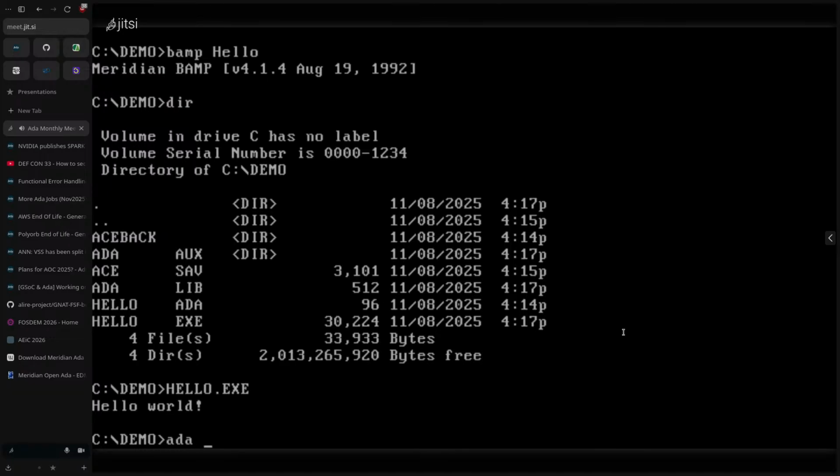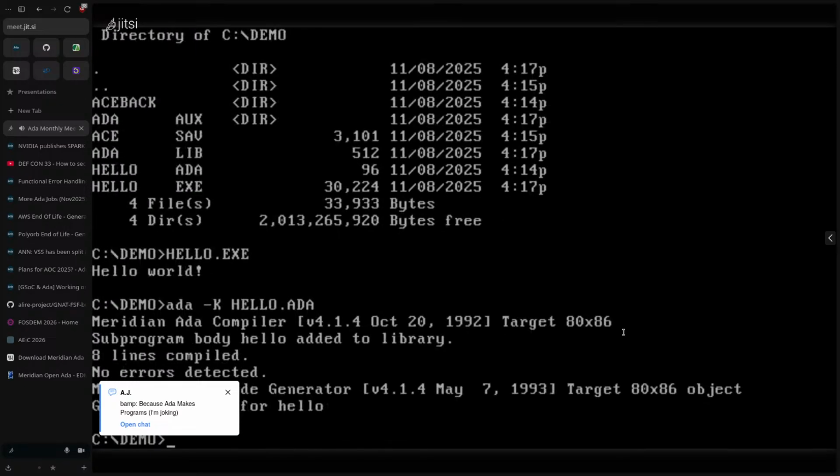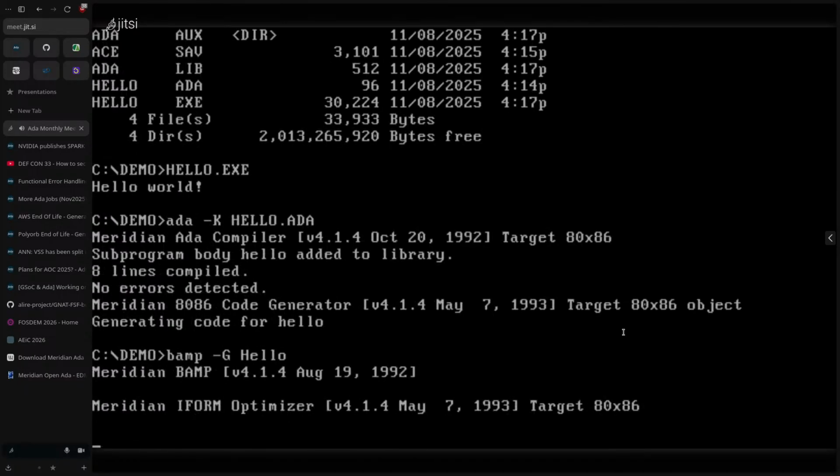And I can demonstrate the optimizer. If you want to turn on the optimizer, you do that with the -k flag. And it's pretty quick at compiling this code. But when we do the linking and we tell it to turn on optimizations, it will take a lot longer time, and you will see that it really takes time. But hopefully soon it will be finished.